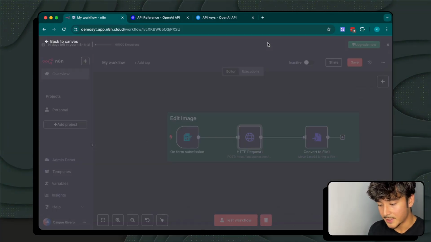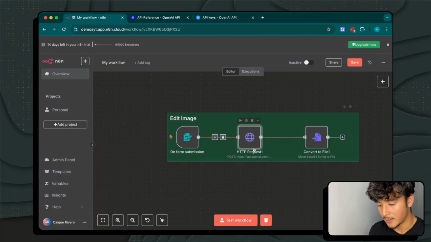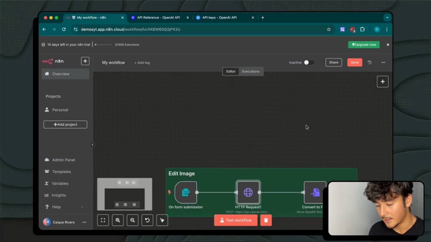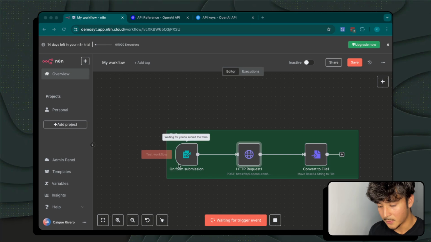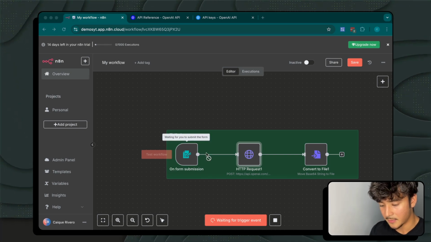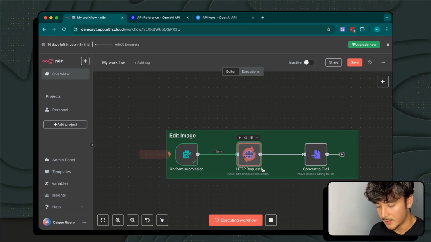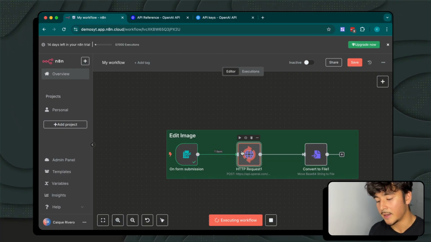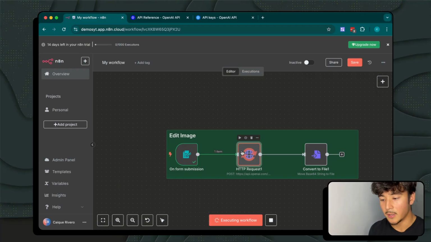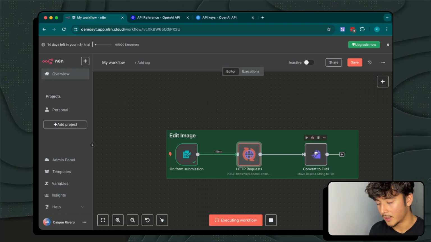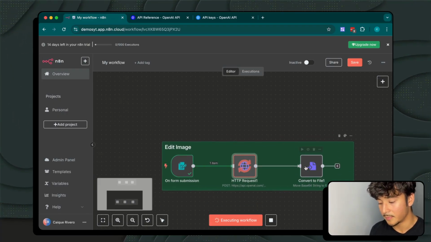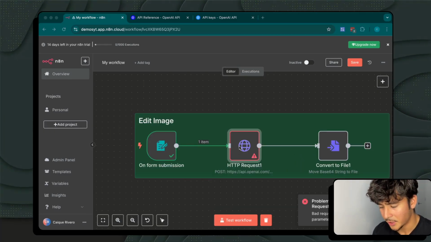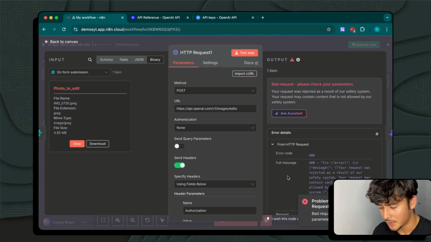So let me just test this step. And once we get the correct response, it's going to convert into basics4, which is the same as this example here. So let me click test workflow. I'm going to click submit. And as you can see, our scenario is running. So now the data, the photo has been sent to the AI along with the prompt, which is guiding it to edit it in a certain way. And we're going to get the same sort of response as we did before by converting it into a file that we can view. Cool, so I actually got an error here, and the response that I got was that